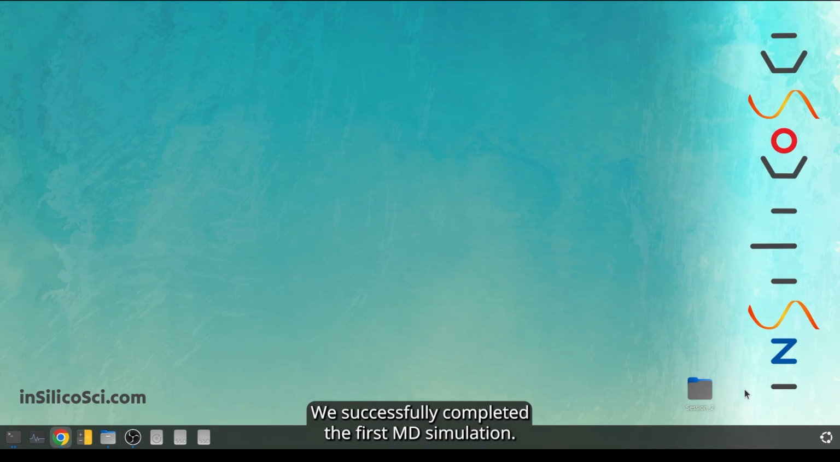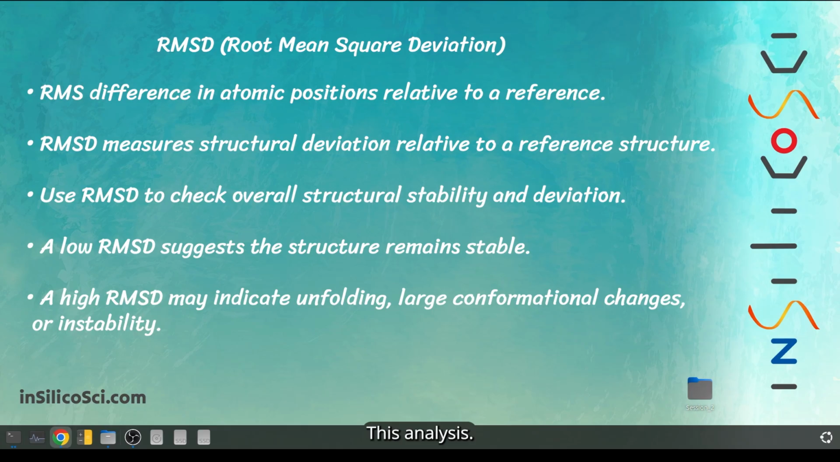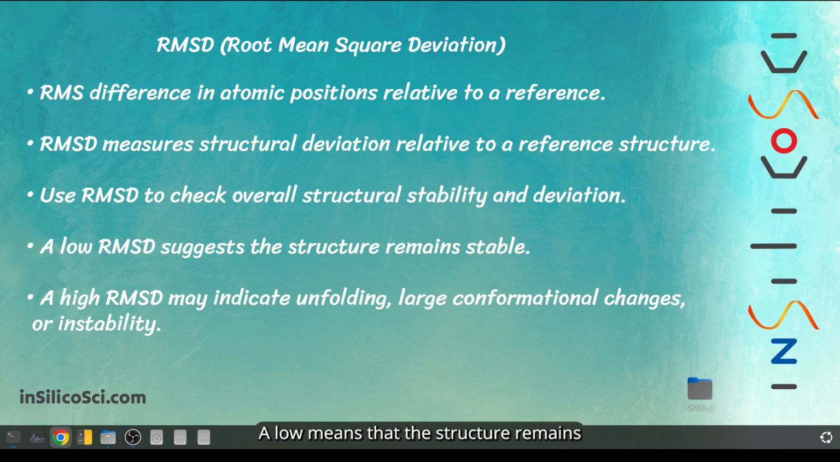Alright, we successfully completed the first MD simulation, so let's do some basic analysis. The first analysis is RMSD, root mean square deviation. This analysis calculates root mean square difference in atomic positions relative to a reference structure. In simple terms, RMSD measures a structural deviation relative to a reference structure, and we use RMSD to check overall structural stability and deviation. A low RMSD means that the structure remains stable during simulation, and a high RMSD may indicate unfolding,